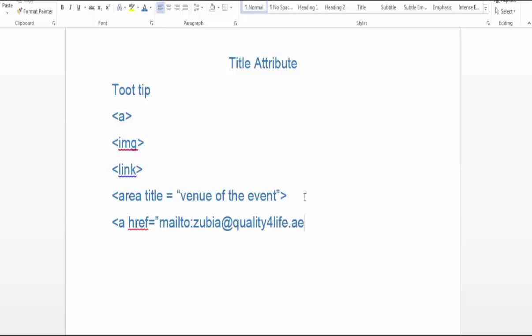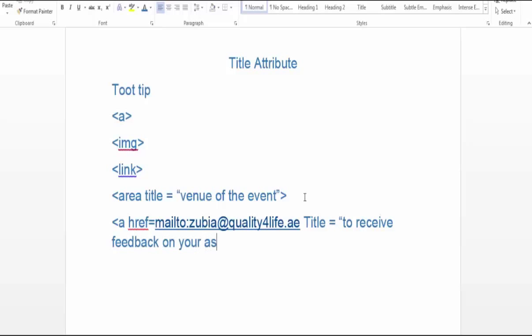For example, this is my email address. You need to email me and I need to add this on the website. How will I add it? I will add it like this, and then I will say title is equal to receive feedback on your assignments, submit